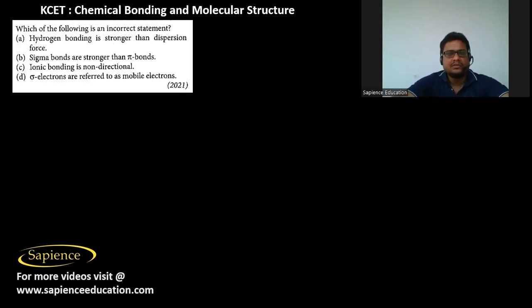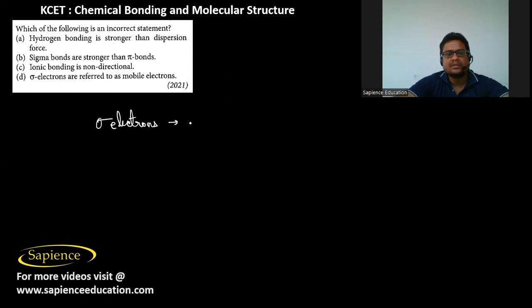Then here it is told, which of the following is an incorrect statement. Hydrogen bonding is stronger than dispersion force. Sigma bonds are stronger than pi bonds. Ionic bonding is non-directional. Sigma electrons are referred to as mobile electrons. So option D is the incorrect statement, since why sigma electrons